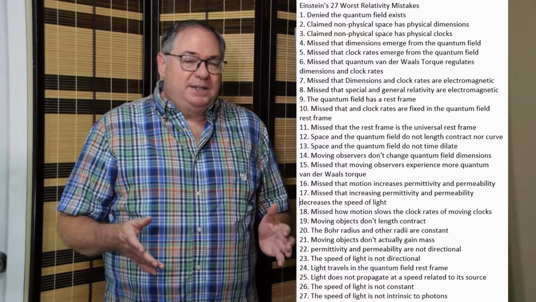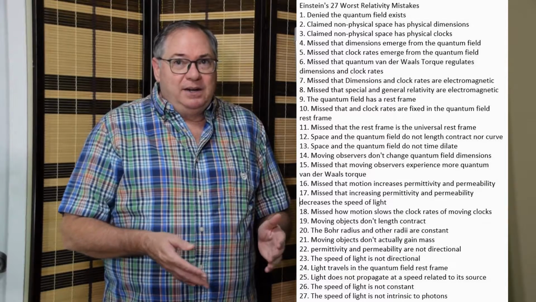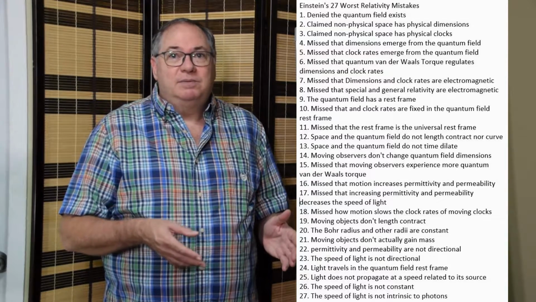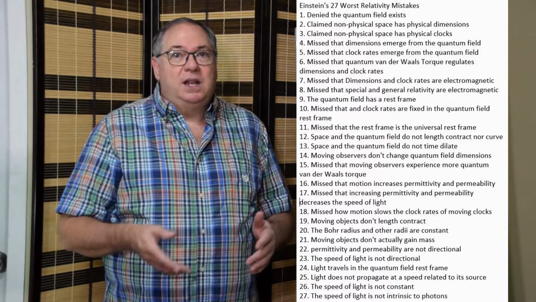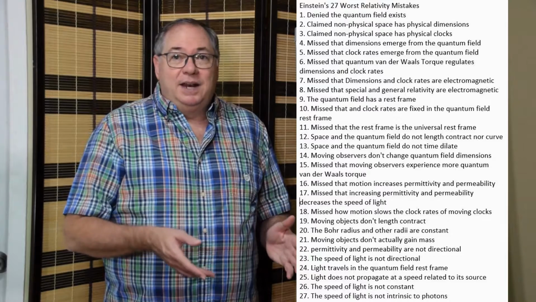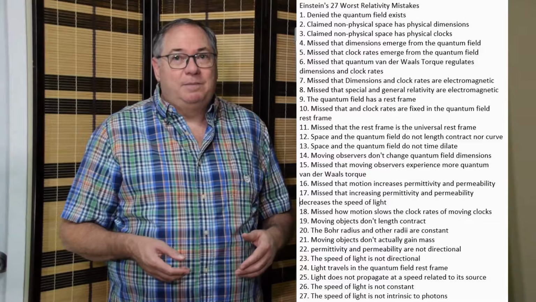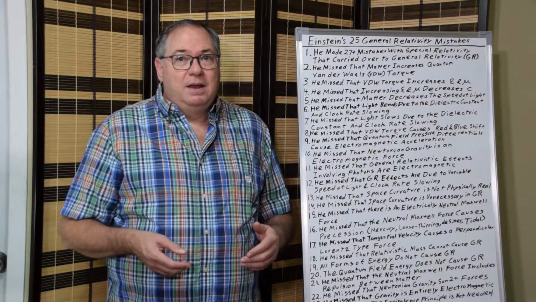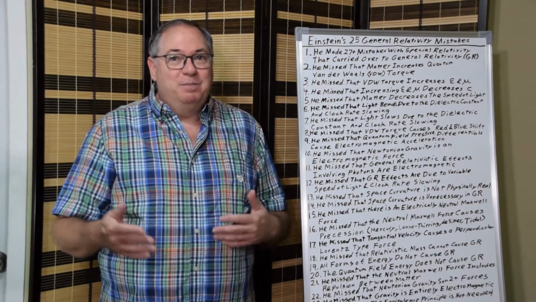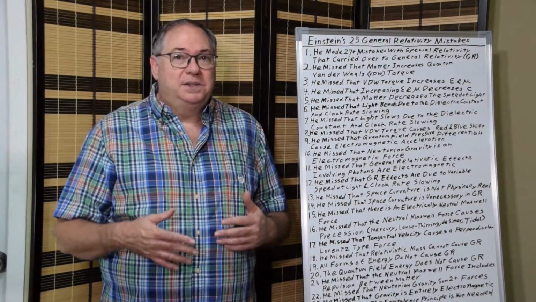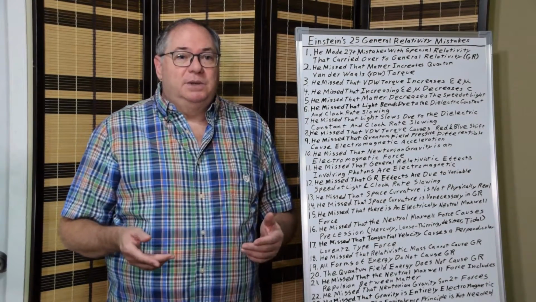And those he basically started with failing to acknowledge the quantum field is there, failing to acknowledge the wavelengths and frequencies of the quantum field, give the quantum field dimensions and clock rates instead of space, and space itself actually doesn't have dimensions and clock rates. From there, he kept on making more and more mistakes that multiplied because he ignored the quantum field and what it brings to physics, which is everything.